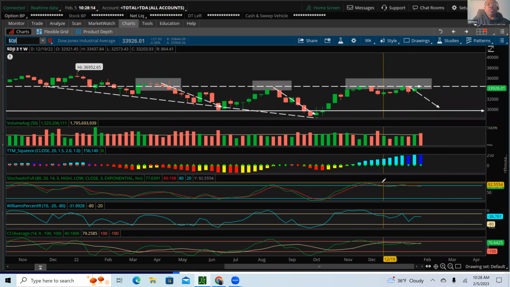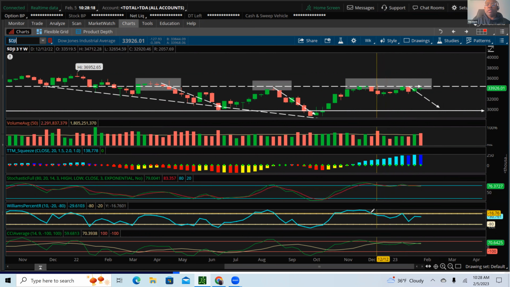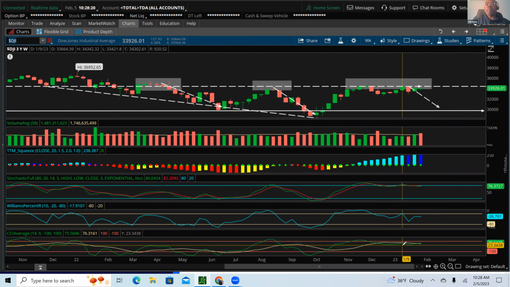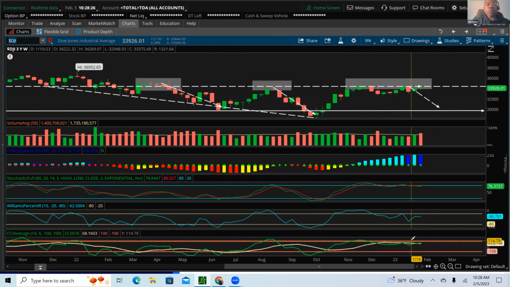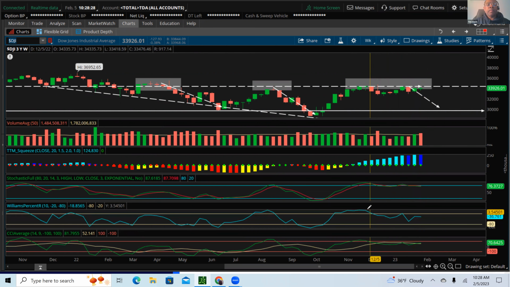All the indicators are showing reversal signs on the Dow, and more than likely the other indexes will eventually follow. Look at the CCI, it's already starting to show levels below the overbought territory. Williams %R is already showing lower highs created in the oscillators. And again, like I showed you, look at what happened here in October with